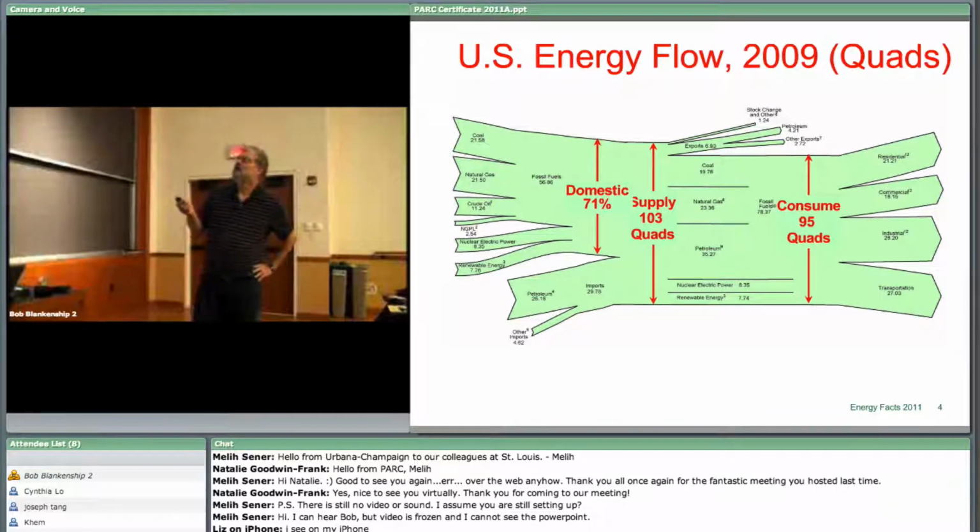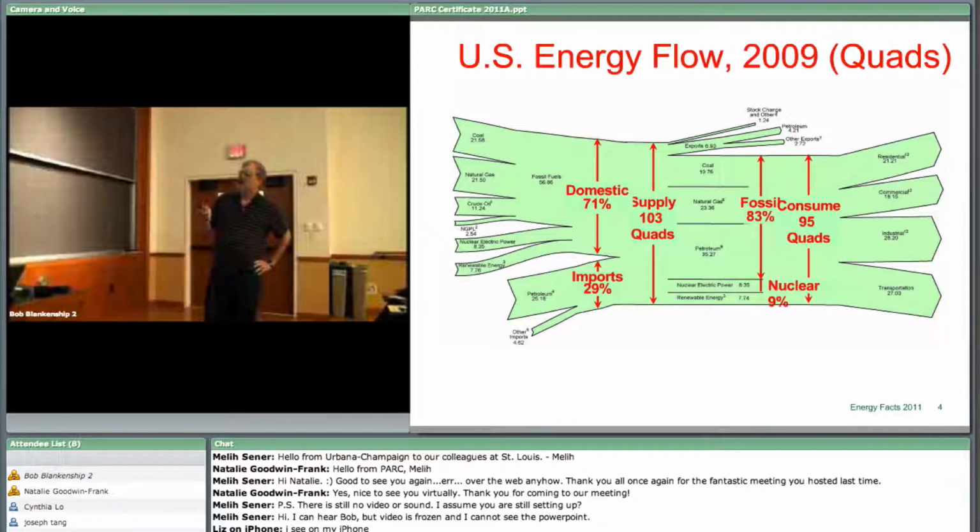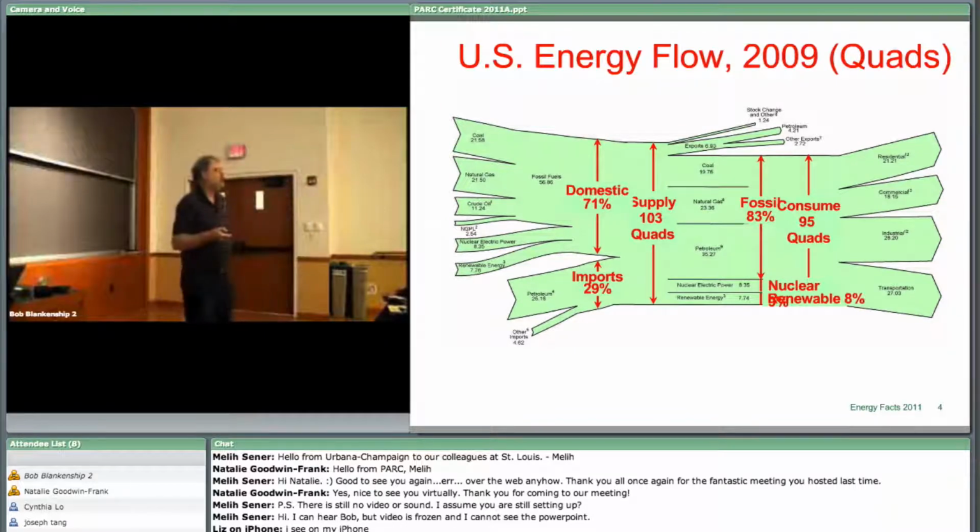And of that, about 83% are fossil fuels, and that's similar to what we saw in that worldwide chart before, 9% nuclear. So there's a lot of input and output, and it gets utilized in ways. Residential, commercial, industrial, and transportation are the four major energy sectors, which are all roughly equal in amount. Not quite, but